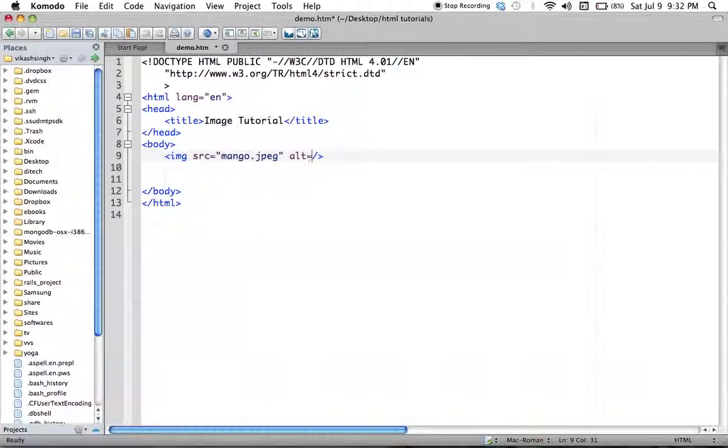For those reasons there is an attribute called alt. As a matter of fact, it is a practice of web developers that you do it all the time. It's not something that you seldom do, you always do it. So whenever you write src you also write alt. It's best practice, so this is what you also define.